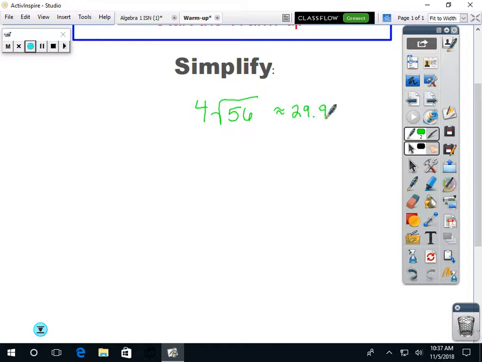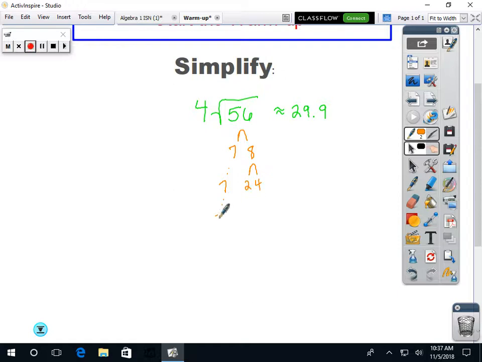Okay, but since it came out a decimal, that means it's not a perfect square. And so to simplify it in radical form, I'm going to need to factor tree. So what are the first factors of 56? 7 times 8. 7's prime, so it would just drop. 8 breaks down into a,